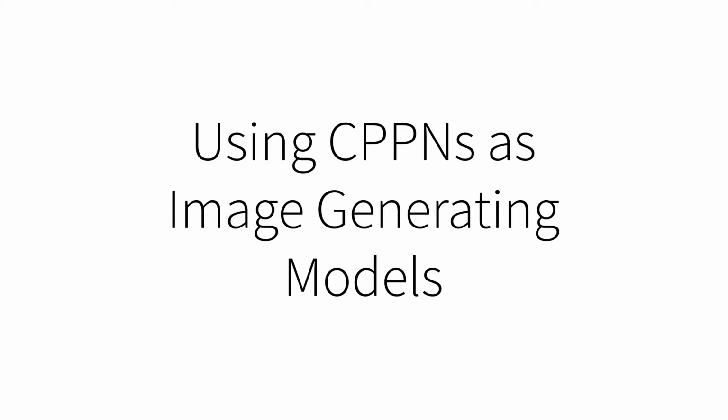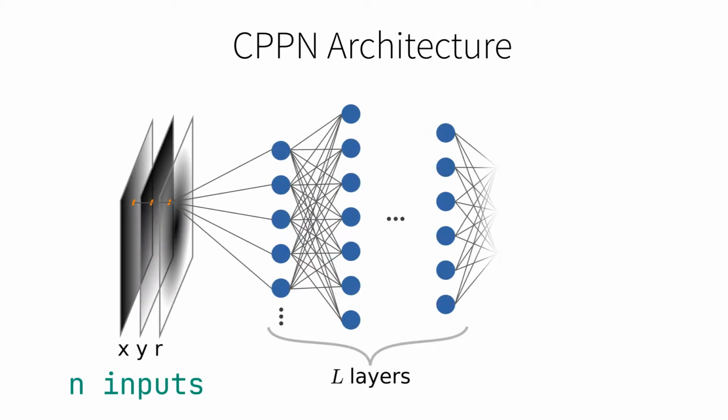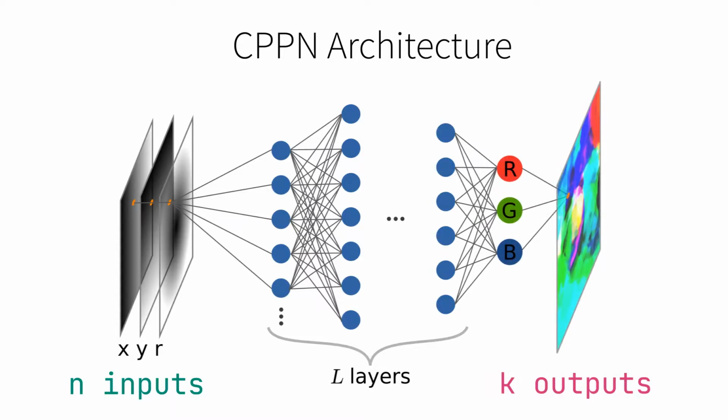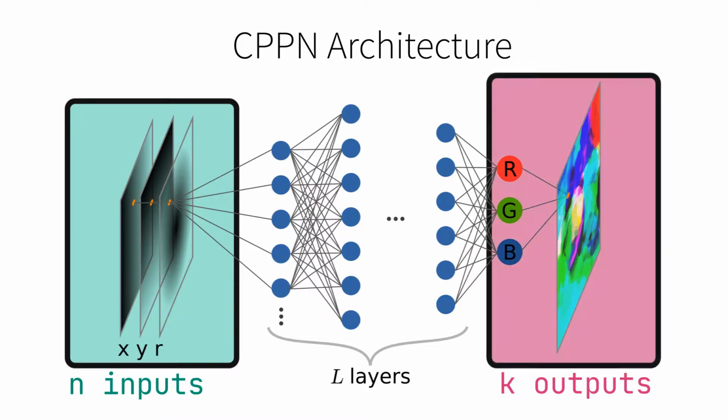The inherently beautiful thing about these types of neural networks, which are called CPPNs for short, is that they can very readily produce images in arbitrary resolution or dimensionality. The general idea is to have a neural network that takes as input some n-dimensional vector and spits out some other k-dimensional vector. If I feed this neural network a set of n-dimensional coordinates that are a function of the location of pixels in an image, I can map the outputs of the neural network onto those coordinates to make an image. And if I choose k to be 1, then I could interpret the output as grayscale values, or if I choose k to be 3, I can interpret the output as the values of the red, green, blue